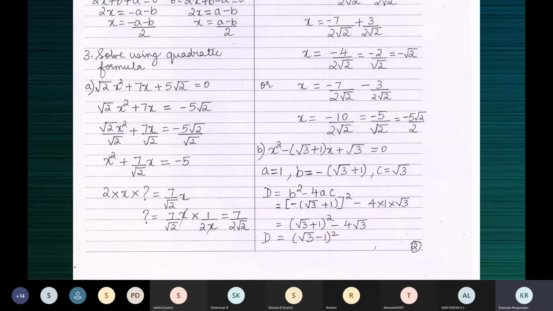You may realize that yes, it is a perfect square, but what if you didn't realize? So it's better you don't open the bracket, and we use the identity to save time. You can expand; even if you expand, you will get exactly the same answer. In this case, when it was 4 minus 2 root 3, you should know that you should write 4 as 3 plus 1 and proceed.